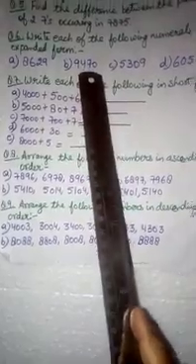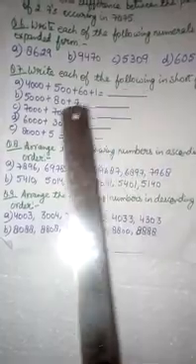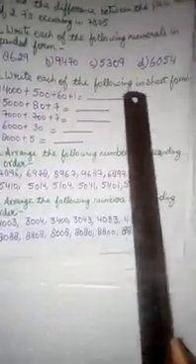Question number 6. Write each of the following numerals in expanded form. First is 8629. Students who don't know the expanded form, you can know that you have to write these numbers like the numbers given in question number 7. 8629. Second is 9470. Third is 5309 and fourth is 6054. Question number 7. Write each of the following in short form. Means you have to write these parts in the way which the question number 6 questions are given.